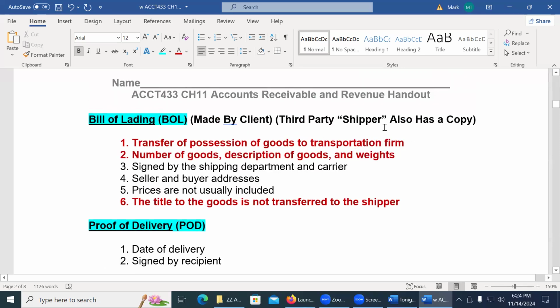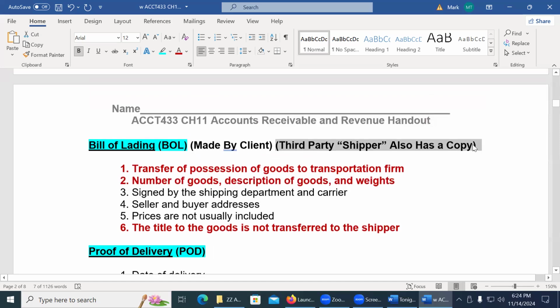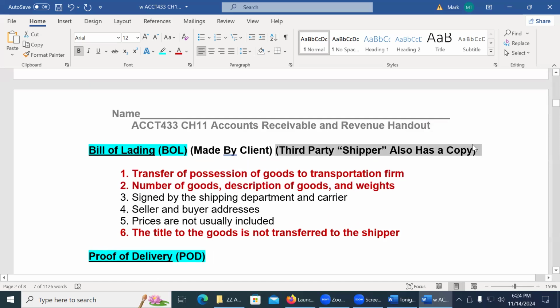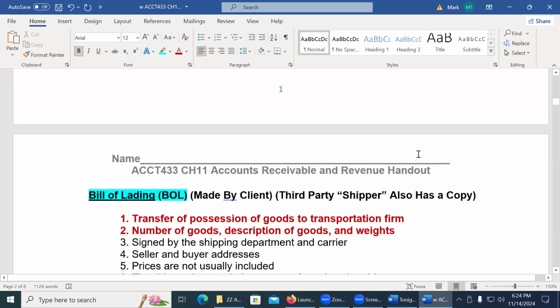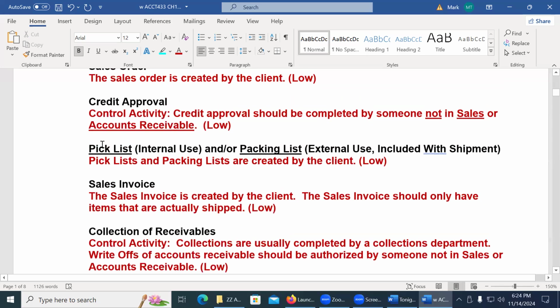But anyway, now this is actually really good because now you can take something by the client and see if it was actually shipped. You can contact the third party, get a bill of lading from them. Say, here we have this bill of lading. You took possession of this. Yeah, we have it, and we delivered it whenever. But you can take that bill of lading, and now you can go back and compare it to